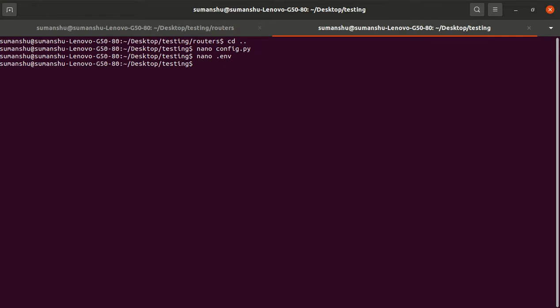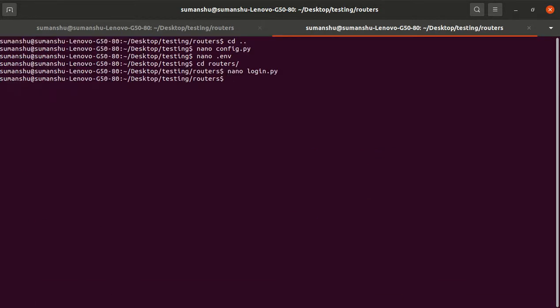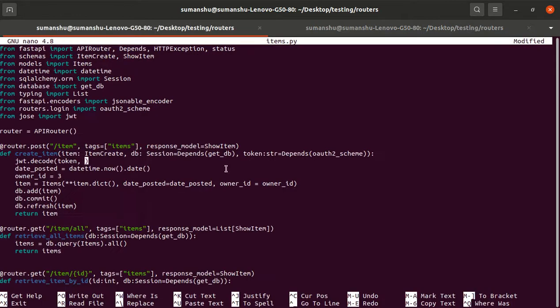Let me check the routers as well, because we have implemented the login.py file. In the login as well I am using the security key. It should be the secret key, right? So it is a secret key. Now everything is fine. Here we get the token as well, right? Okay, so everything is done.